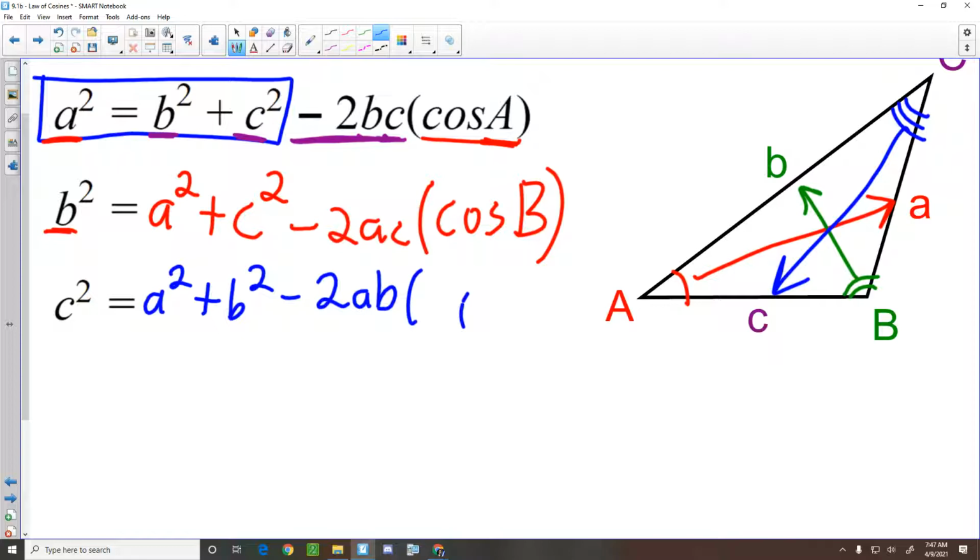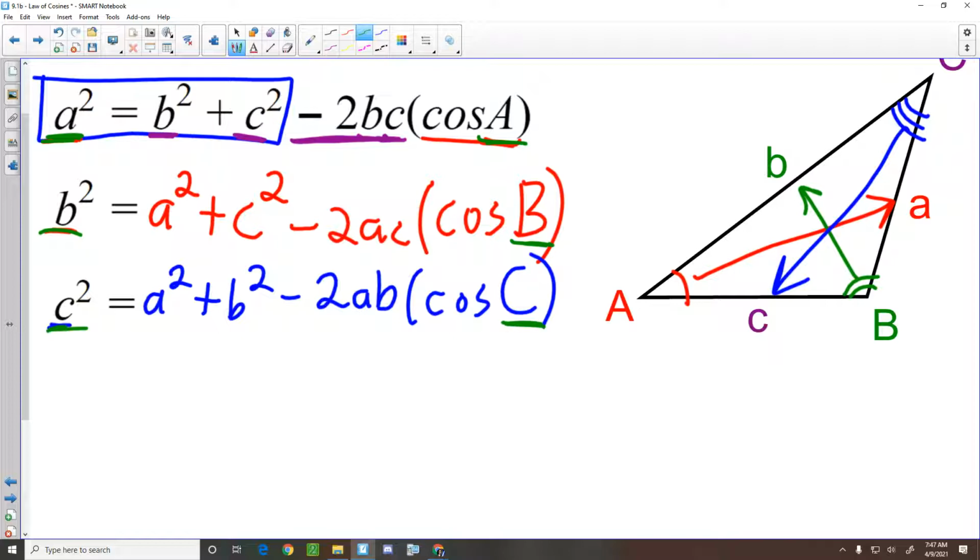This is being multiplied by the cosine of, and look back at the very, very beginning, the first letter we wrote down on the other side of the equal sign, that was side C. So this is going to be the cosine of angle C. So those are the bookends that I talked about. And by the way, these, as I've been referring to them, the bookends, the A cosine A, B cosine B, C cosine C,